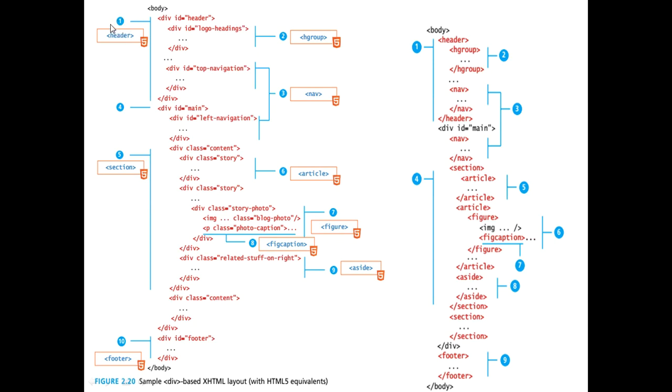The one given here is a header, right? To make the header we are using a division, and we assign an ID to the division as a header division. So here it is a header. After that, in the header you use something like heading groups. The header represents the topmost portion of the website. The bottommost portion we call the footer, and the middle one is the content page, right? In a header we can again have some headings and some navigations.